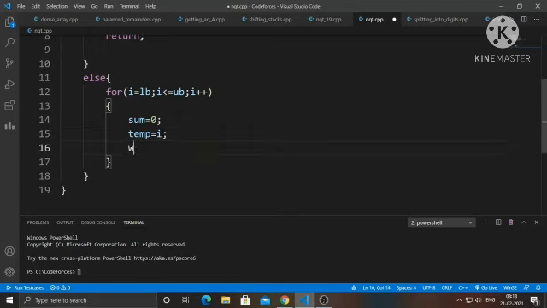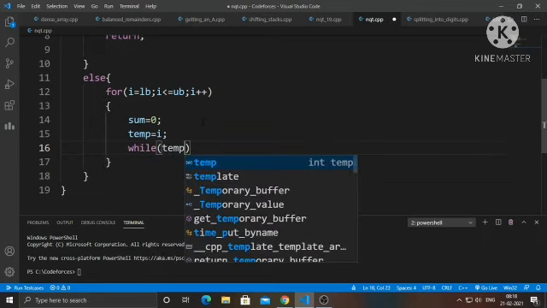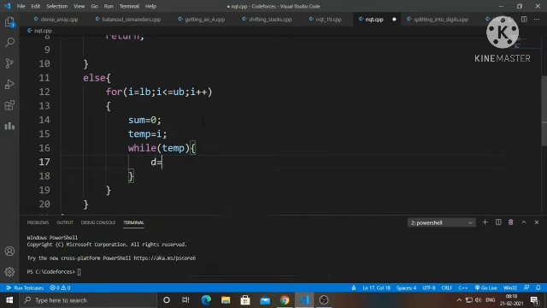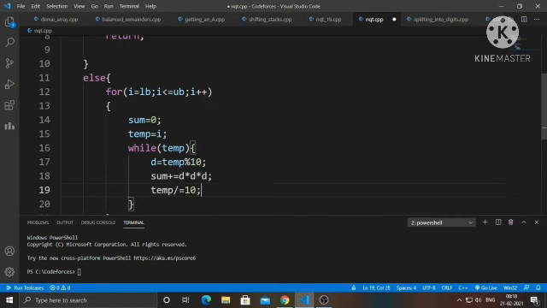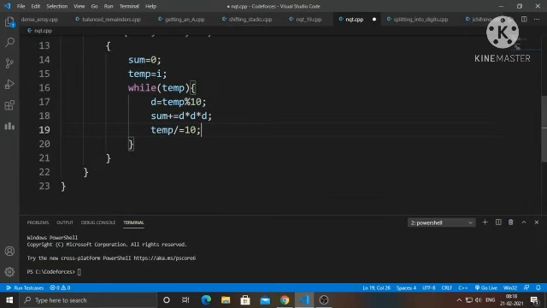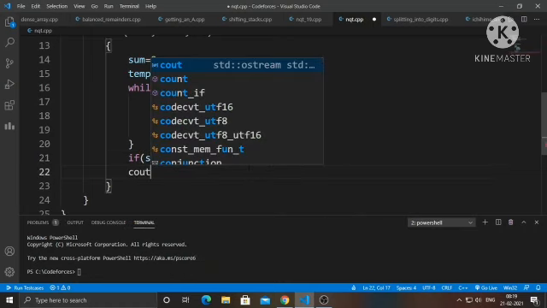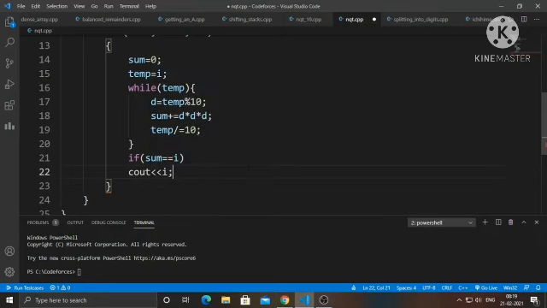Now we will run a while loop to check. We will add the cube of the digit to sum, and then do temp equals temp divided by 10. After that we check if sum is equal to i, and if so we print i.